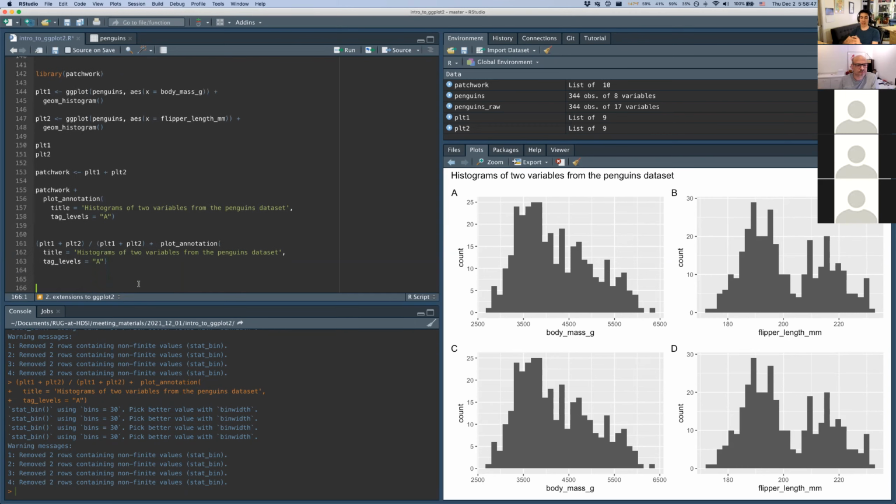So I wanted to show you patchwork because I think when you're making scientific manuscripts that have a bunch of these different panels, as one is wont to do, this is really helpful, is the short of it. Okay, so let me get to the final section that I wanted to talk about,